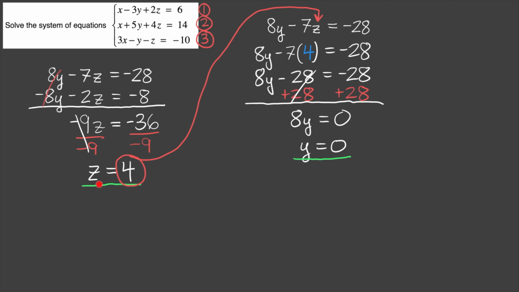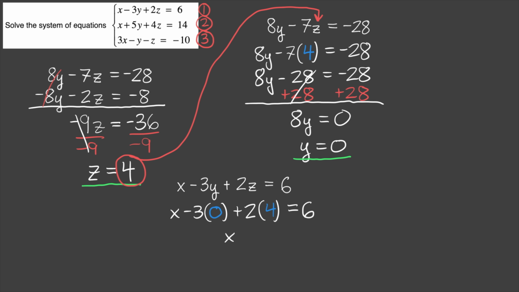All right, so now we have our y value, and lastly, we just need to find our x value. So I'm going to plug in z equals 4, y equals 0 into the top equation, equation number 1 here. So this top equation right here. So let's go ahead and plug in. So x minus 3 times, and y, which is 0, so I'll put a 0 there, plus 2 times z, and then remember z was 4, so I'll plug that in here. So we're doing this last step just so we can solve for x. So 3 times 0 is 0, and then plus 2 times 4, which is 8. So we have x plus 8